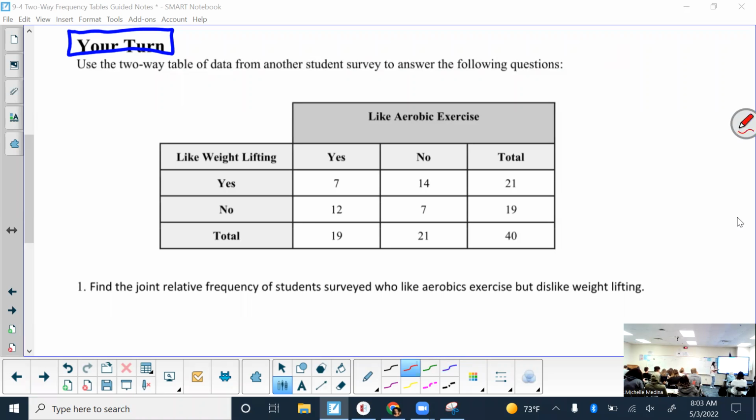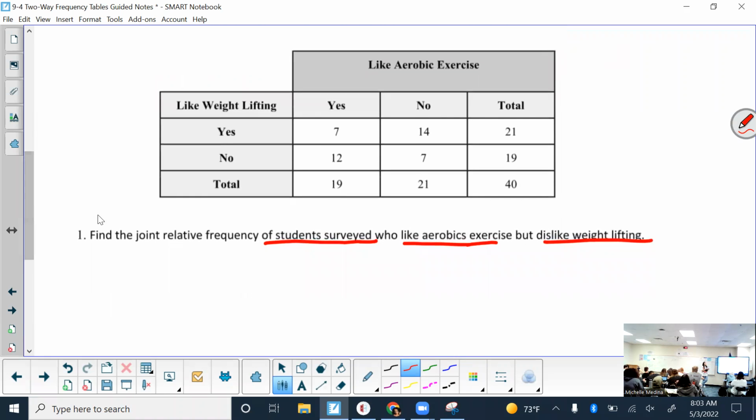So let me highlight or underline. Of the students surveyed, they like aerobic exercise, but dislike weightlifting. So what number would represent that on this chart? Good, they like aerobic exercise and they dislike weightlifting. 2 categories at once. And for this, what will I divide by? 40. And even if you didn't know what joint relative frequency is,